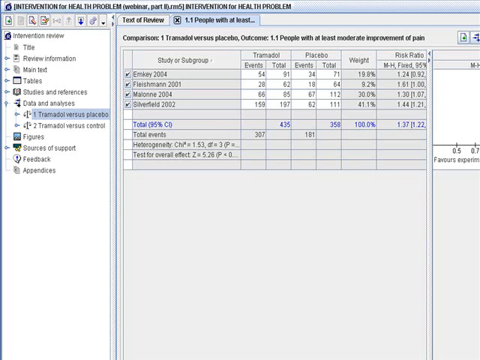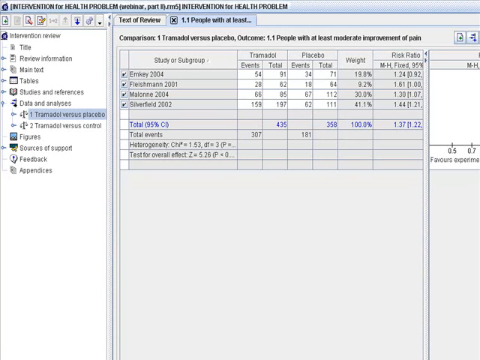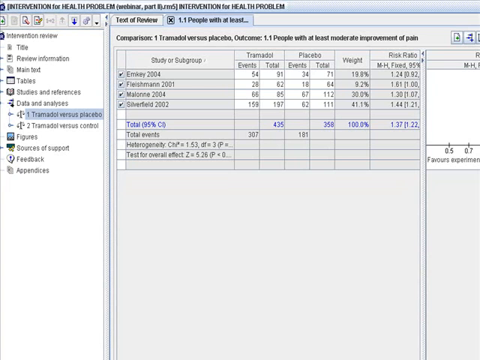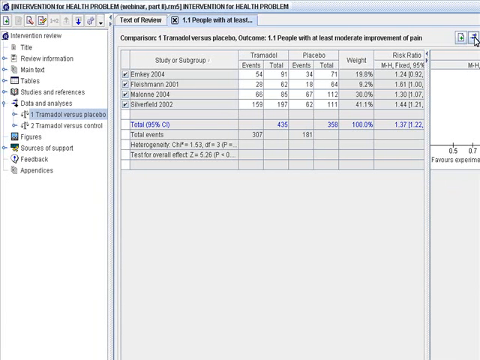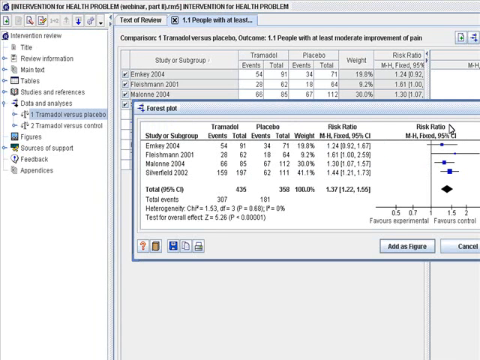What you wouldn't have been able to see in the smaller view is that in the second trial, you can actually see that the confidence interval went beyond this line of 1, which indicates no effect. But when you expand it out, you can see the data a bit better now. What I'm going to do is select up here where it says forest plot. And when I click on this, this is where you get that final view